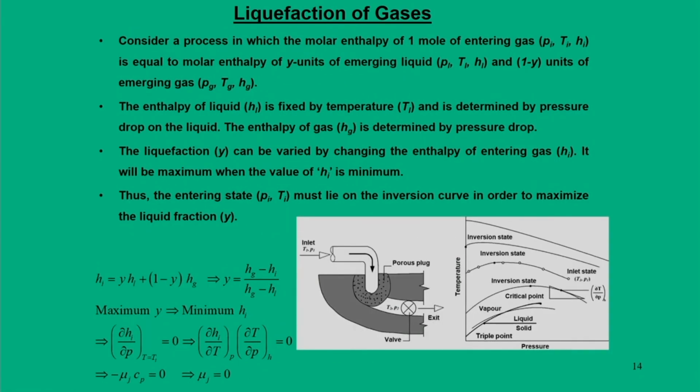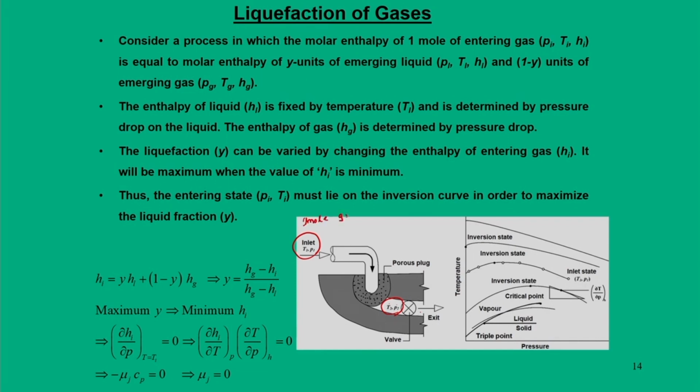Now, let us understand with some realistic numbers how I should approach this liquefaction process. You can recall our previous figure: we have a throttling process in which we have some inlet gas entering the throttling device at state P1, T1, and the exit state is regulated by a valve, that means we are regulating pressure P2 and finding the temperature T2. Now, in our given situation, we have the initial state of 1 mole